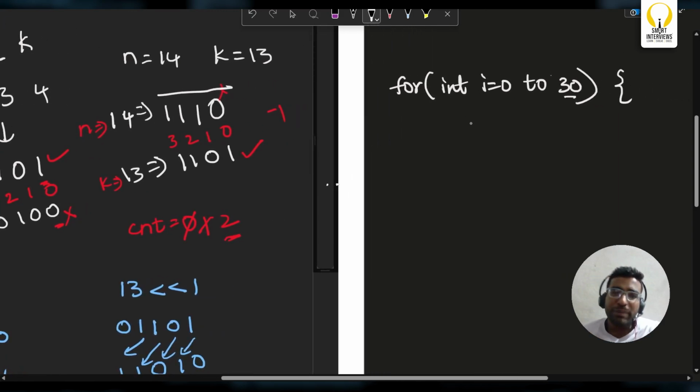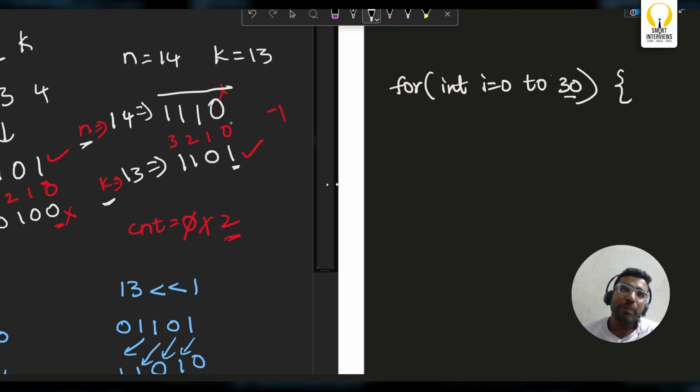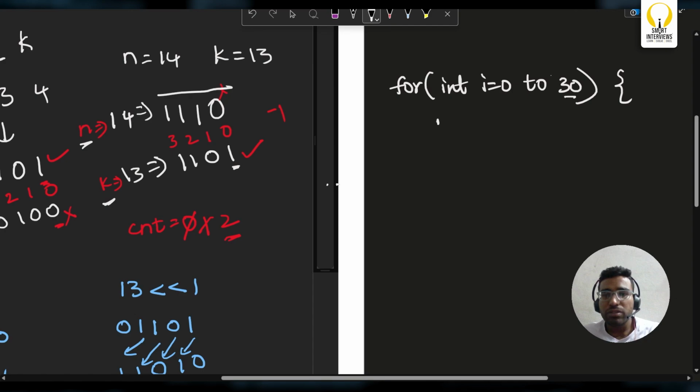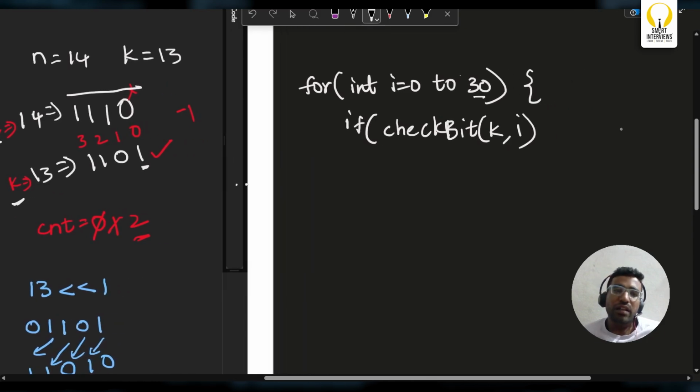Okay. So for every bit, firstly, I should check whether a particular bit in K is set or not. There are two things. If a particular bit in N and K is equal, we'll be doing nothing. But if a particular bit is set in K and not set in N, then we will return -1 because it will be impossible. So what is the first condition? Let's say I write some function checkBit and I pass K comma i. That means we are checking whether the ith bit is set in K. If the ith bit is set in K